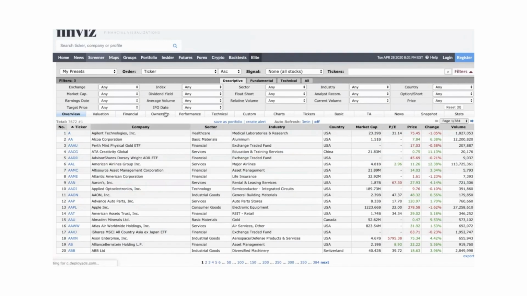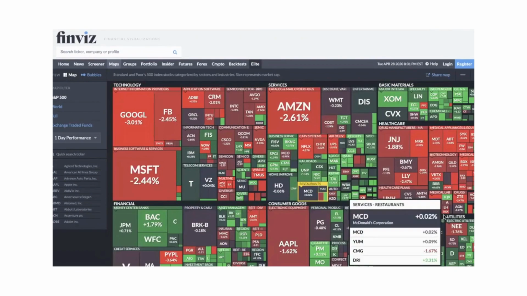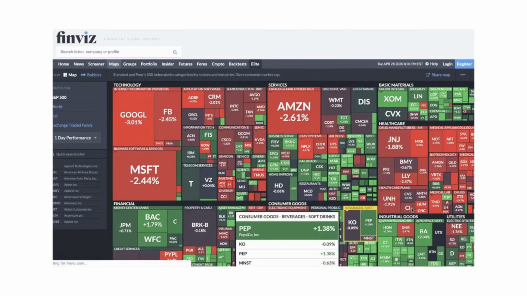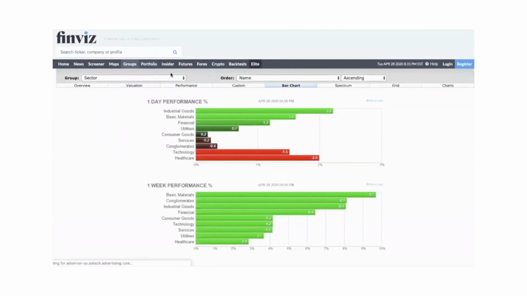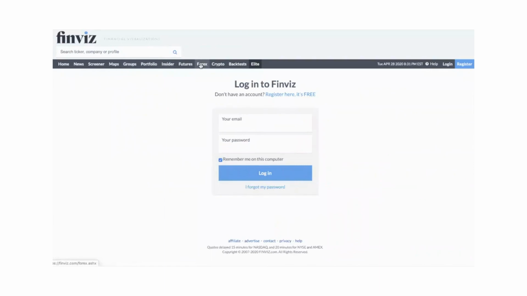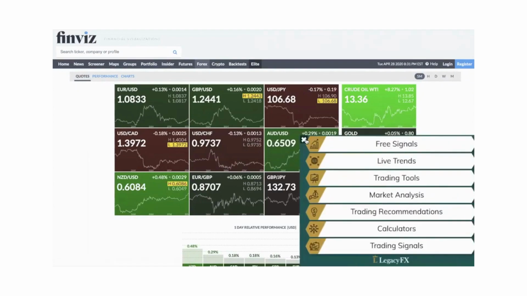This is a heat map. If you trade stocks, this is also very useful, so you can just play around with this. There are also performance, portfolio, insiders, and Forex. For Forex trading, because this is a Forex channel, you want to head over to this section, which is Forex. When you click here, what you will see is